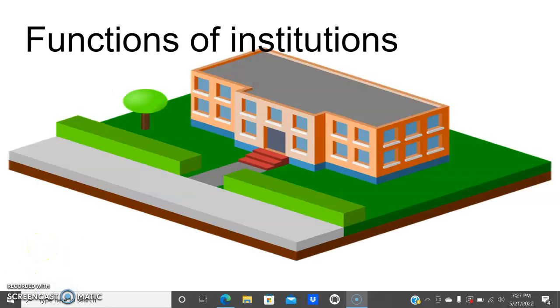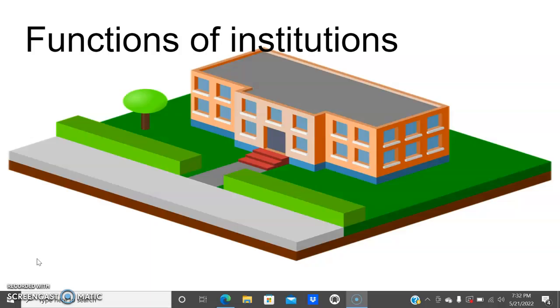Now we are at our next topic, and based on the broad list of topics that were released by CSEC under Section A, functions of institutions are one of the topics that you'll be tested on. For you to answer questions relating to the topic institutions, we must first establish what the term institution is. I'm sure that you have heard this term before from your teacher. Do you remember what an institution is?